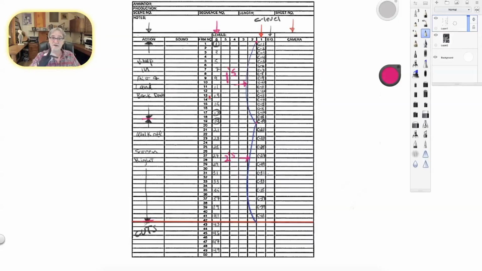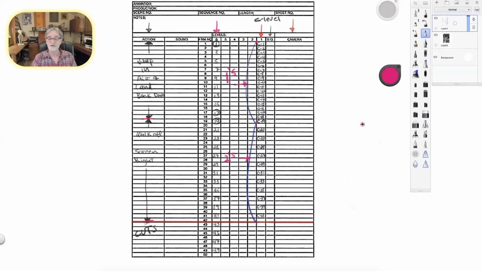You have to hit it on that frame, or else it won't look correct. Now, something like this is a director giving you a little more freedom. Some directors will tell you exactly how many beats there are in the character jumping up and down.